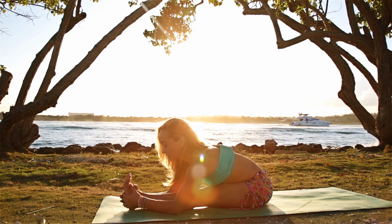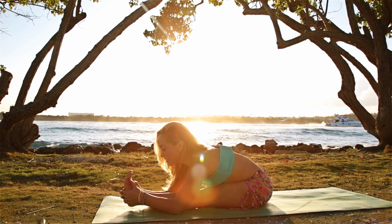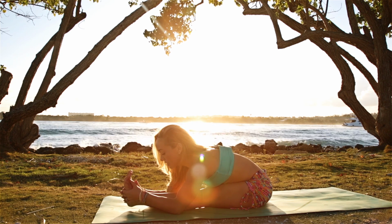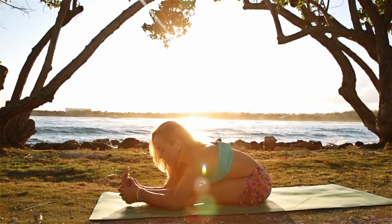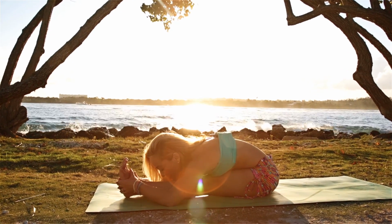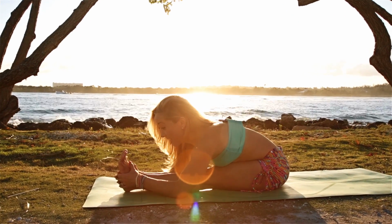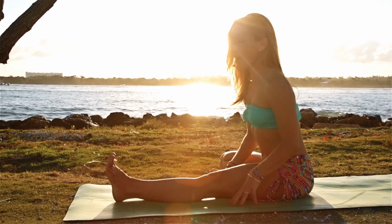2, 3, 4, keeping the belly move deeper and deeper in through the inner body. Calm the mind. Don't pull with the arms, instead really do the work with the emptiness in the pelvic bowl. Eventually you'll fold down, but no stress. And 5, inhale, straighten the arms, and exhale. Come all the way up,